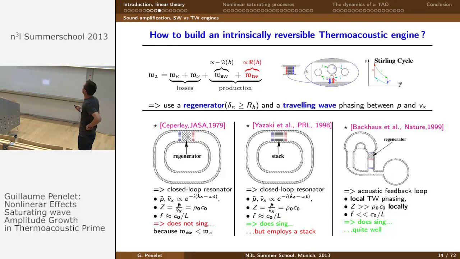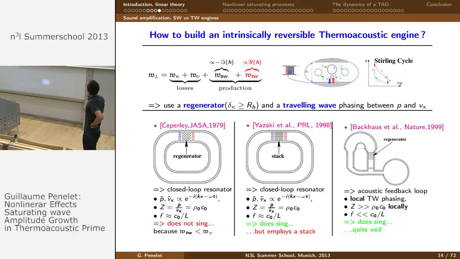However, it did not succeed in generating self-sustained oscillations. And 20 years later, Yazaki succeeded to onset self-sustained oscillations in a closed-loop device, but he used a stack, so that this engine is also irreversible. But 1 year later, Backhaus and Greg Swift have succeeded to build an engine which is a traveling wave Stirling